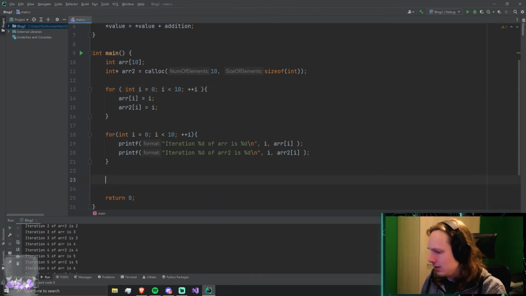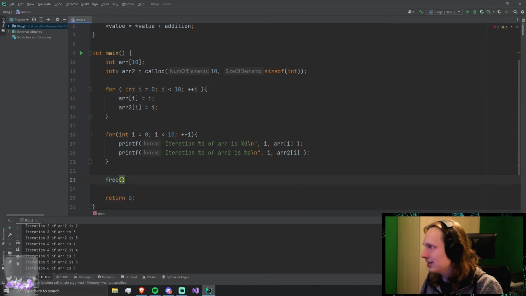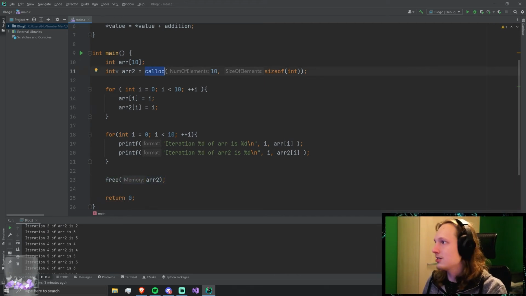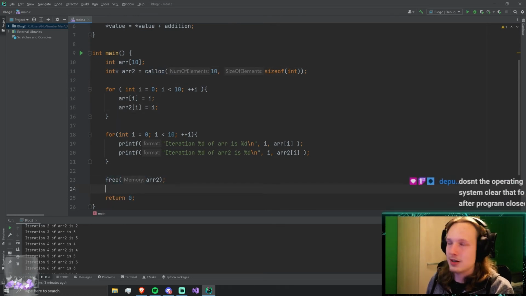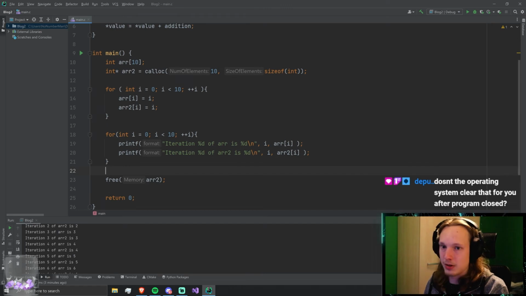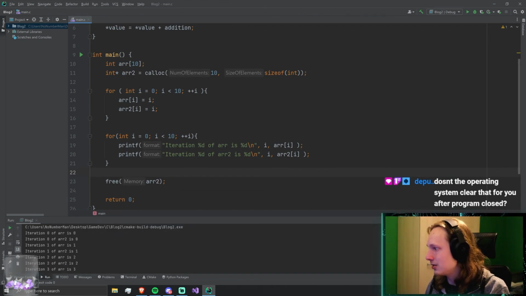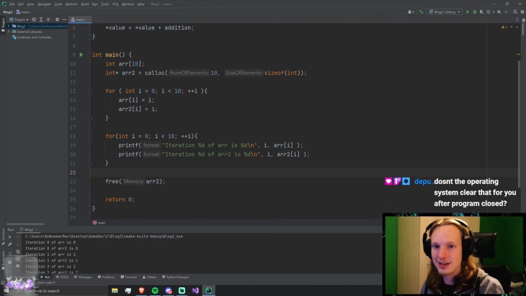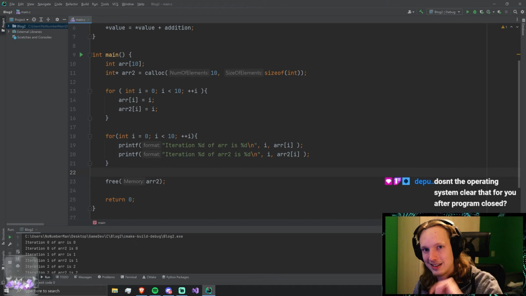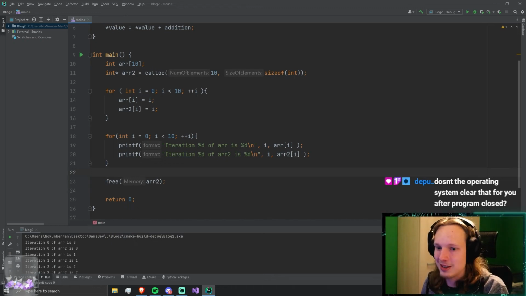So at the end here, you have to call free on R2, and you'll get a sneak peek of how free works. Free does basically the opposite of calloc, in that it frees the memory up again. So after this, the pointer is released, and you're done. You're good. No more memory leaks. You still get the same result, of course, but you won't notice a steady incline in your memory usage in your program, which is kind of nice.